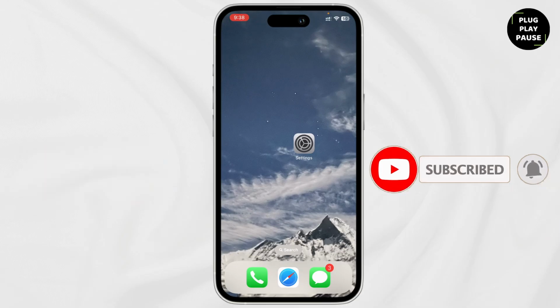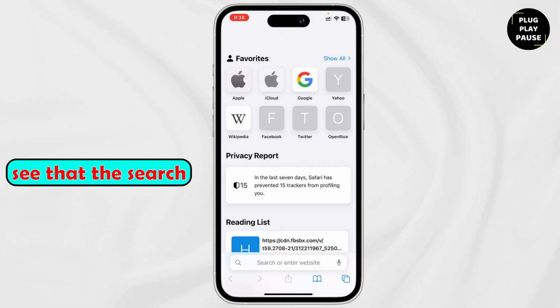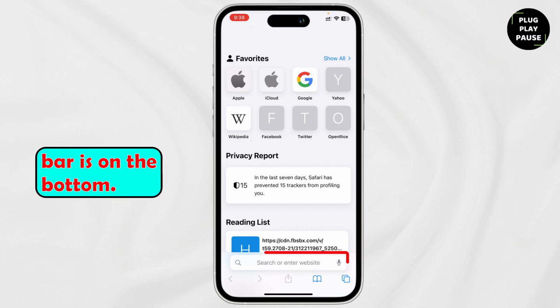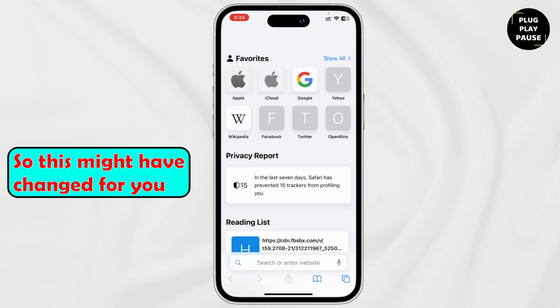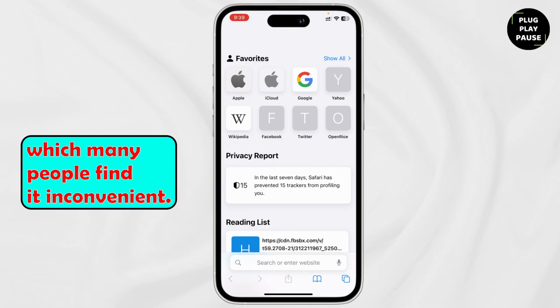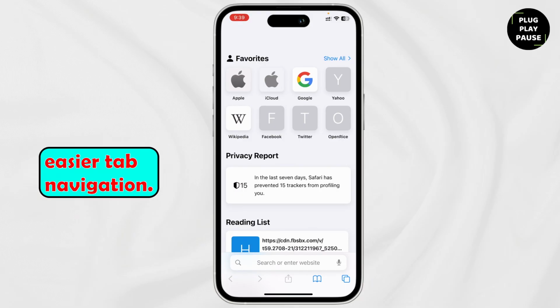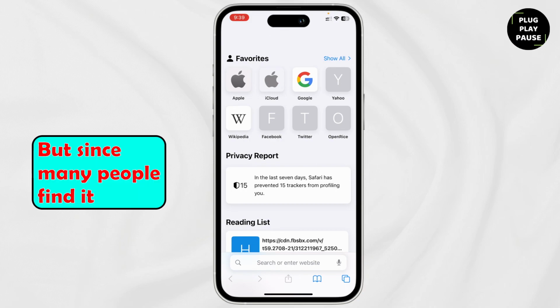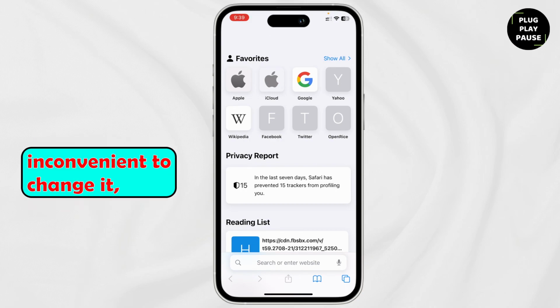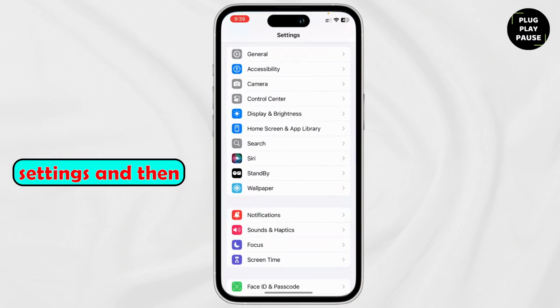So let's open up Safari, and you can see that the search bar is on the bottom. This might have changed for you after the new iOS update, which many people find inconvenient. However, the intended benefit of the new layout is easier tab navigation. But since many people find it inconvenient, you'll need to go to your iPhone settings and then